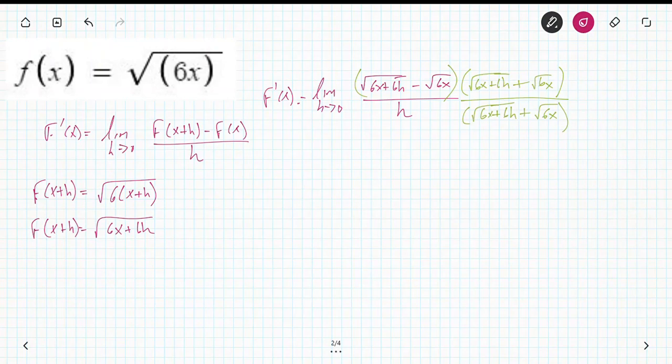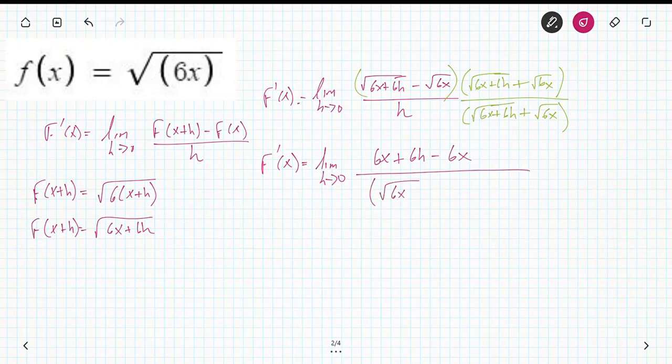I'm going to let you try that yourself, and I'm just going to give you the result. Okay, so you're going to get 6x plus 6h minus 6x. Okay, and you can do that on your own. All right, and then the bottom is simply going to be the